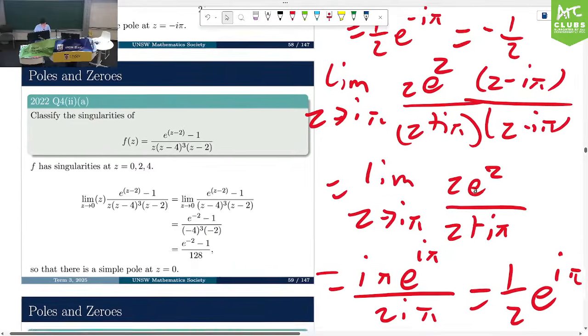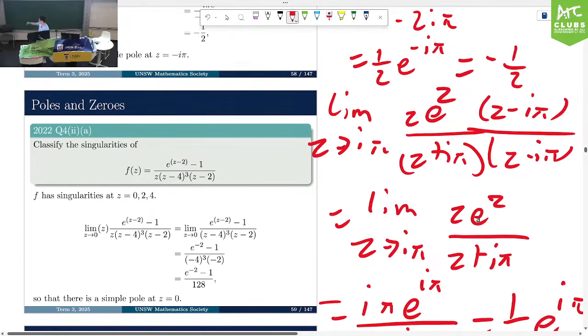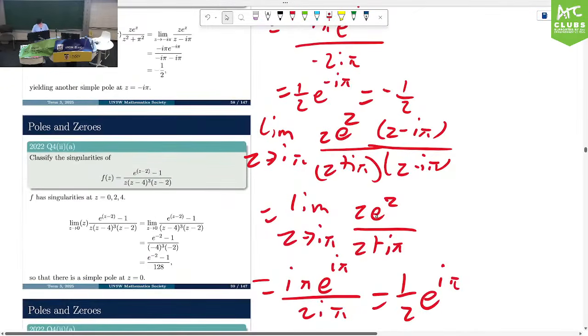So next one, classify these singularities. So once again, we're asking what makes this denominator go to 0. Looking at this, treat it like a polynomial: z equals 0, z equals 4, z equals 2. But the hard part now is actually justifying what the pole order is. So basically what I'm claiming is